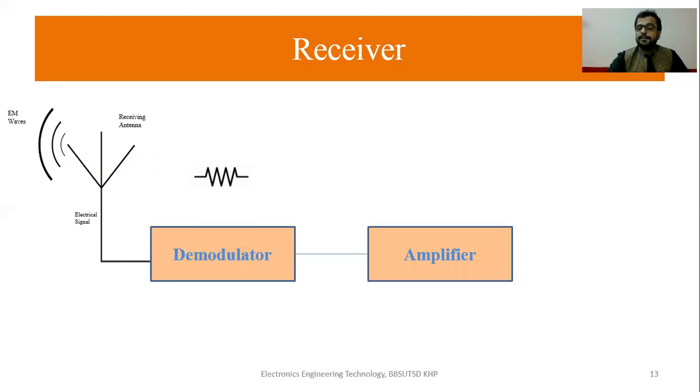Now we have the electrical signal, and we want that electrical signal with high amplitude. So we need an amplifier to amplify our electrical signal, because after the transmission there is the channel and the whole process, so maybe the signal attenuates. So we need what? An amplifier to amplify the signal. After demodulation there is an amplifier which amplifies the signal. This one is low amplitude, and after the amplifier this one is high amplitude.